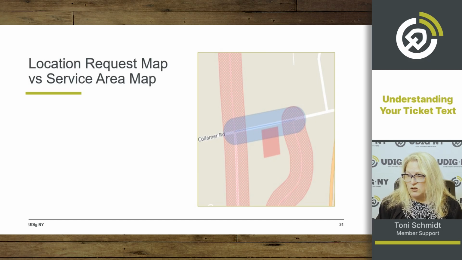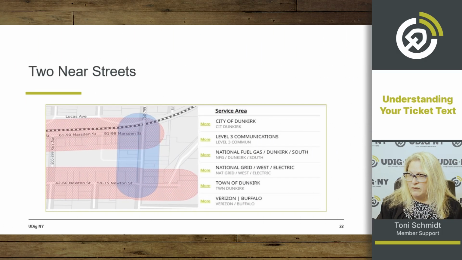The locate instructions within the request are what the member will use when locating, and not the map. Now that we have reviewed what the map is for and how the affected service areas are chosen, let's review why we request 2 near streets. So when 2 cross streets are provided, when entering the near streets, UDIG-NY requests 2, the nearest on each side